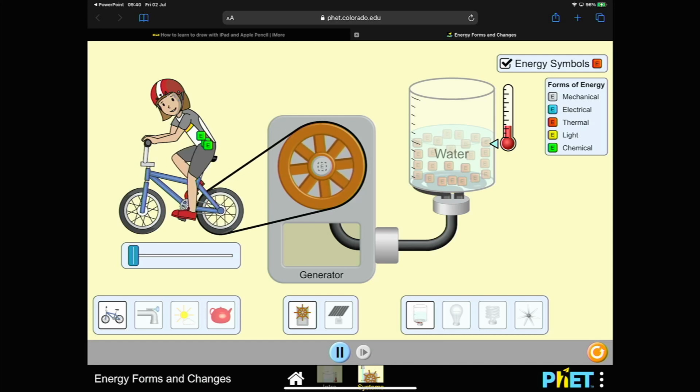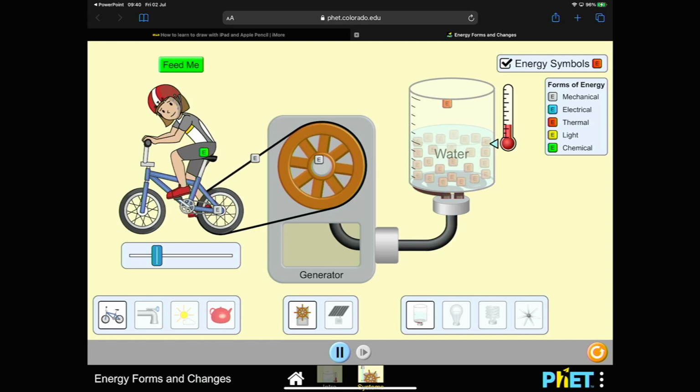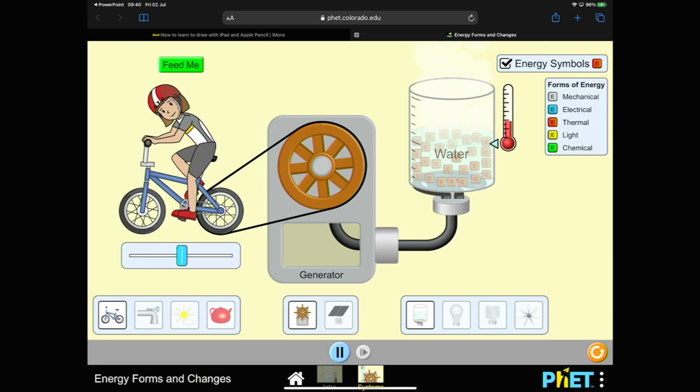So can you see, whilst this rider is moving the bicycle's wheel, it is attached to another wheel, and the chemical energy is going into mechanical energy. And there goes a red one. That's the thermal energy, because that gets heated. The thermal energy is released, and the electrical energy is heating the water. And if you have a good look, you'll see some of the water molecules now being released from that heat